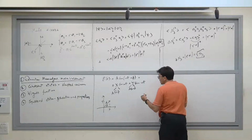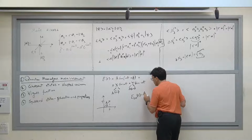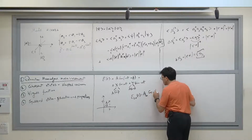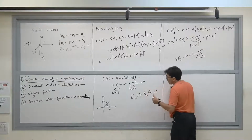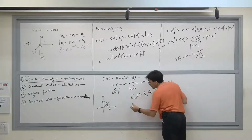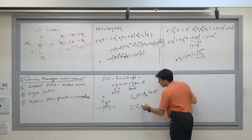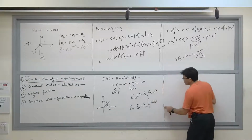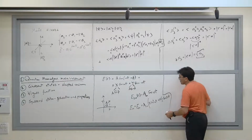And then I need to multiply. So suppose now that I have a local oscillator field, which is a local oscillator amplitude times cosine omega t, and only cosine. If I want to measure x, for example, I'll take my input field and multiply it by the local oscillator field, and this will be the local oscillator amplitude times x cosine squared omega t plus y, let's immediately write, half sine twice omega t, because cosine times sine is